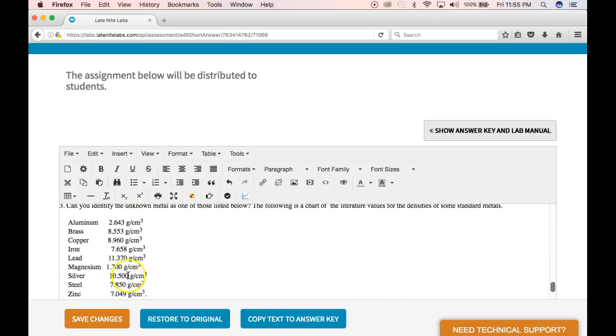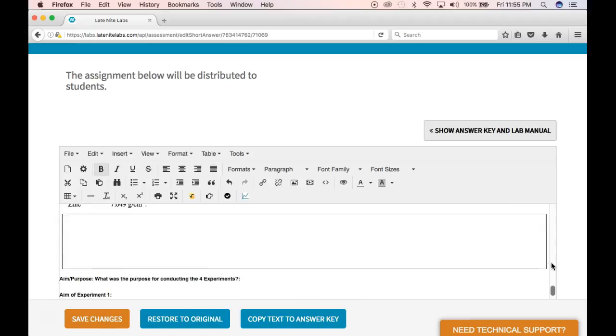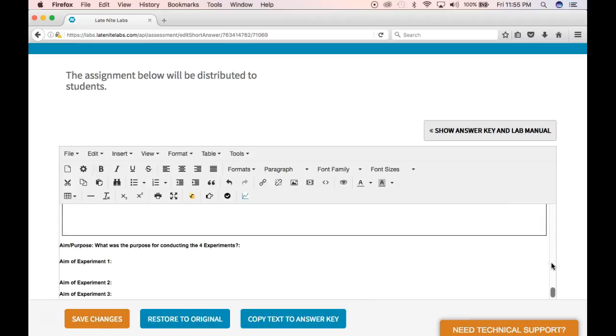All right, so you may not get that exact value as your measurement, but you'll pick the one that is closest in value and identify your unknown metal. Okay. And you'll write that down, and then of course